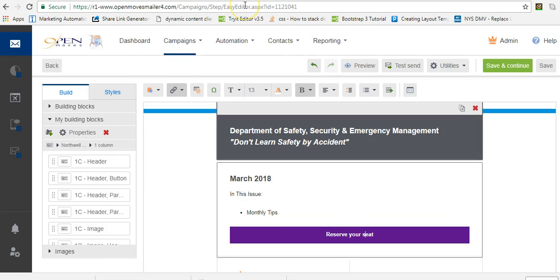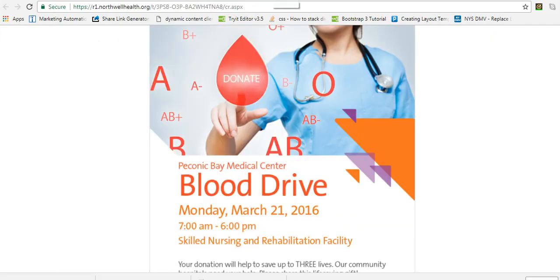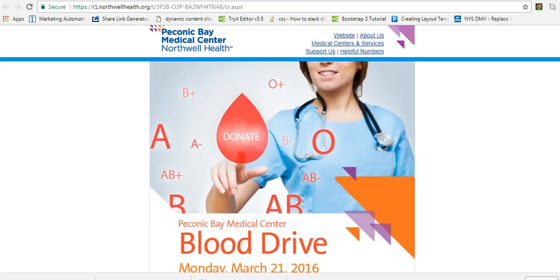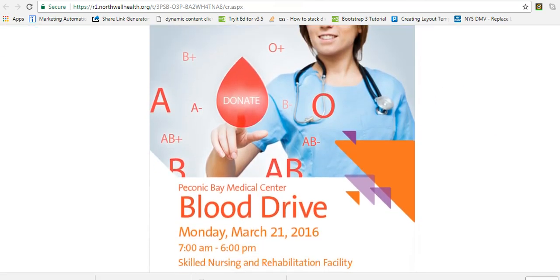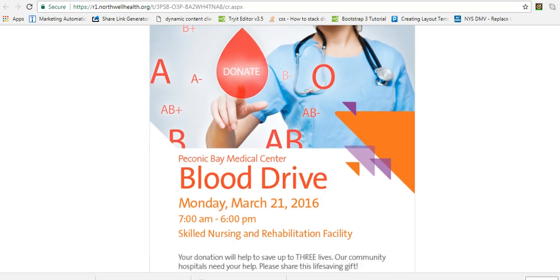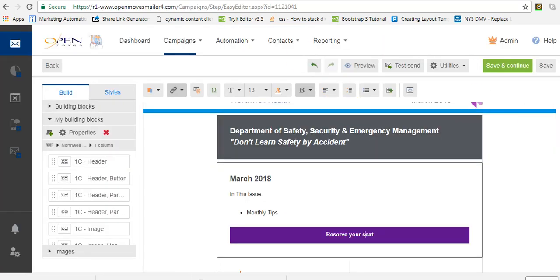Another example of a flyer that is common within Northwell is this formatting. This already is an email. I have a PDF of this, but basically you have a beautiful image followed by the constellations that overlap your image, and then some text. It's very tempting just to do a screenshot of your PDF and insert it as an image into your campaign. The problem with that,